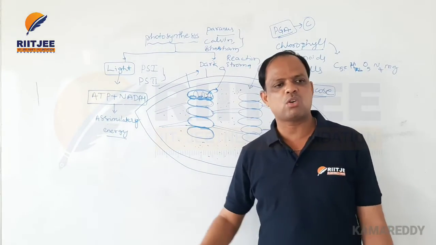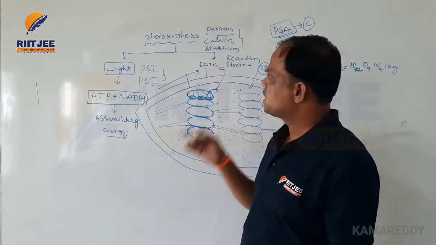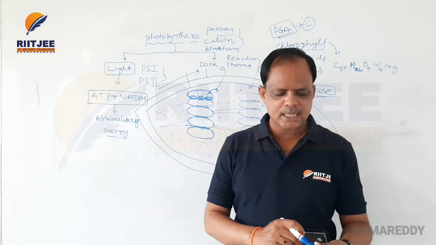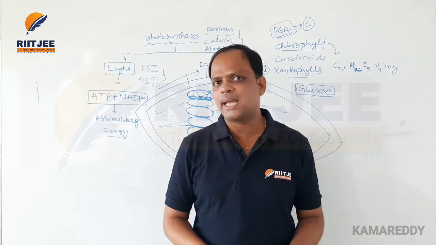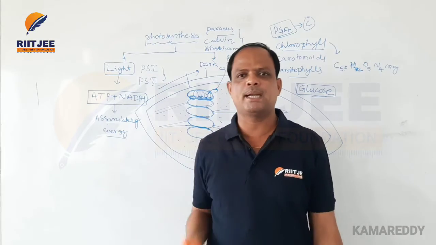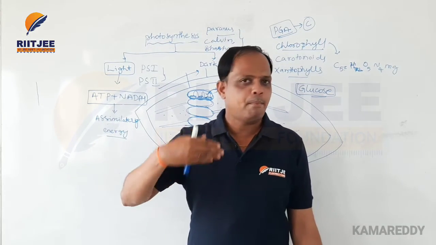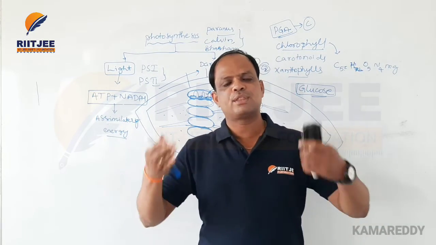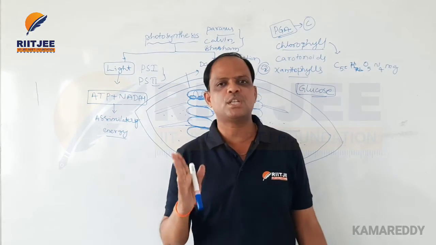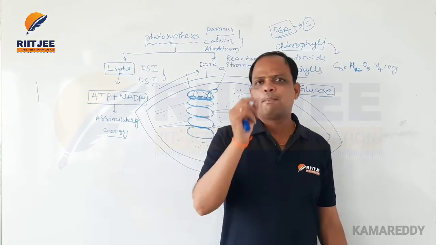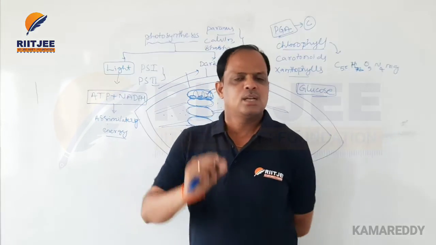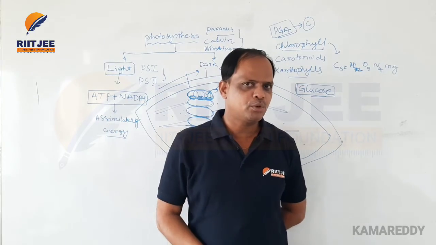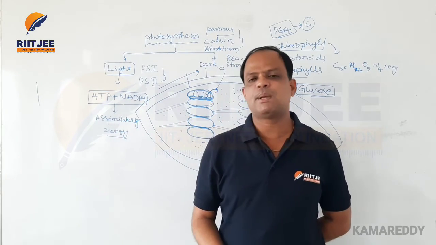Once again, I recapitulate all the topics. Mainly, the first one is nutrition. Nutrition means living organisms need food materials to live. The manufacturing of food materials, their utilization and the survival of the organisms is called the nutrition process. Based on the manufacturing methods, there are two types of nutrition: autotrophic nutrition and heterotrophic nutrition.